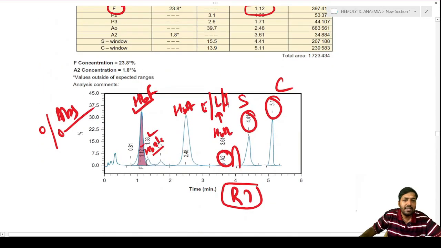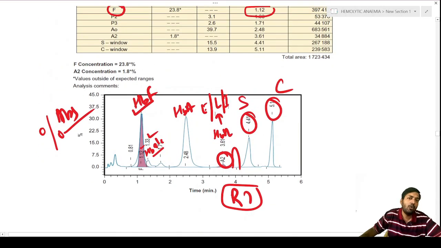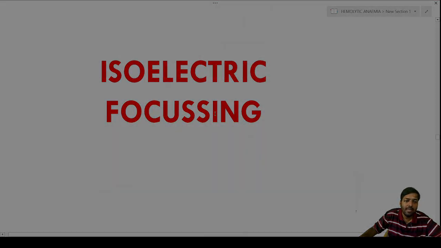Okay, so with this we have completed the HPLC. Now we are going to the next investigation, that is called isoelectric